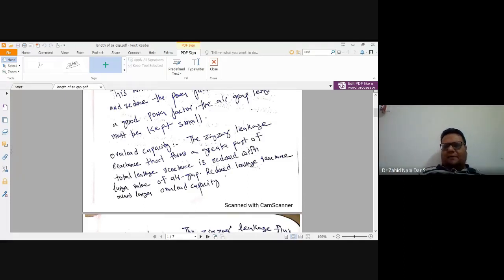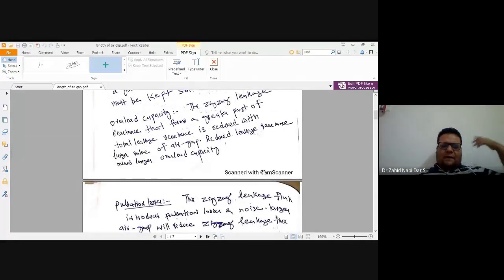In this air gap between the rotor and the stator, your EMF or your MMF gets induced. The more the distance between the rotor and the stator, the more difficult it is for the flux to establish the induction process, and your flux will weaken, and hence the overload capacity will increase. So in order to get more overload capacity, you create a larger air gap. A larger air gap means it can withstand larger current.